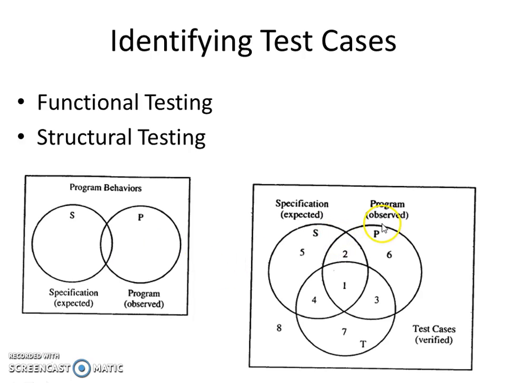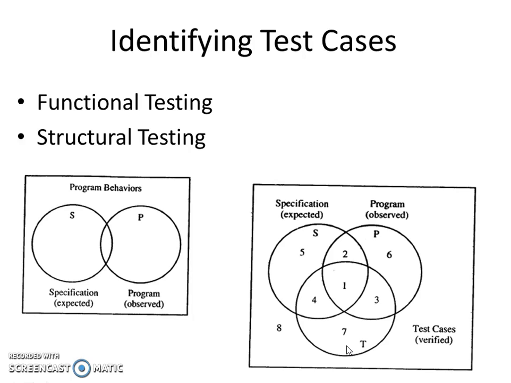This new circle tells us the different test cases that are derived. Different regions tell whether it is a specified or an unspecified behavior of the system and whether this behavior has been tested or not. There might be specified behaviors that are not tested, which come under regions 2 and 5. Regions 3 and 7 correspond to the test cases of unspecified behavior, and regions 1 and 4 are for the specified behaviors that are tested.